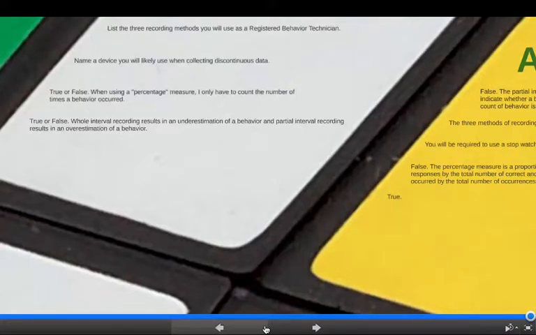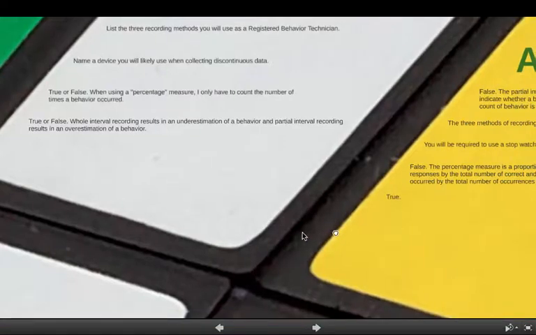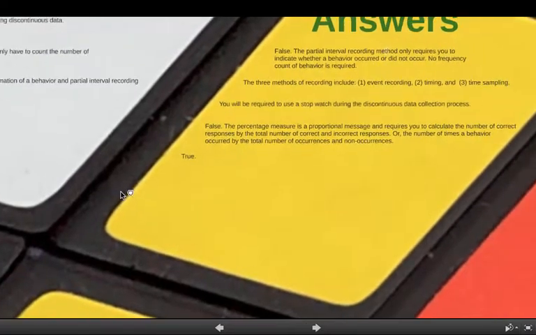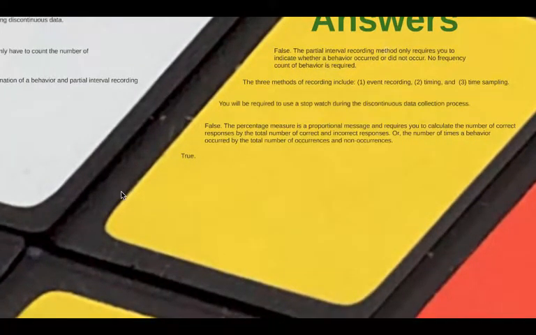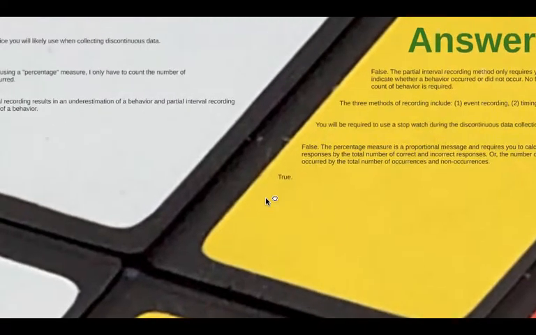True or false, when using a percentage measure, you only have to count the number of times the behavior occurred. No, that's false. You'll be required to measure the proportion. It's a proportional measure, and you'll be required to calculate the number of correct responses by the total number of correct and incorrect